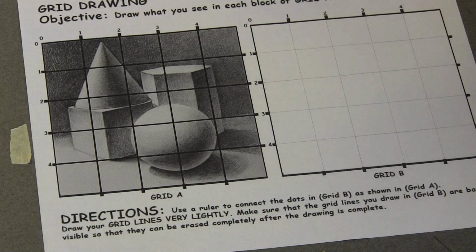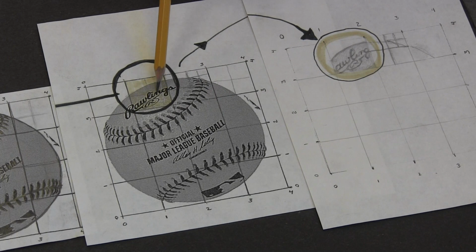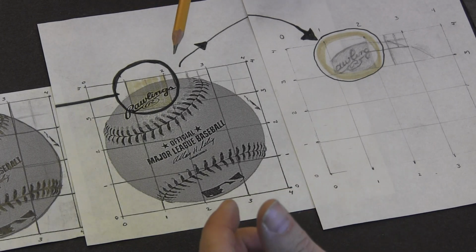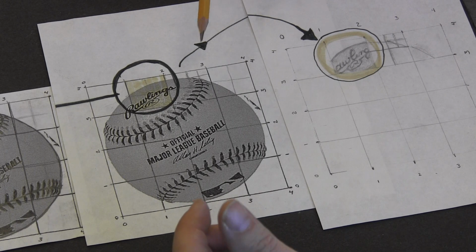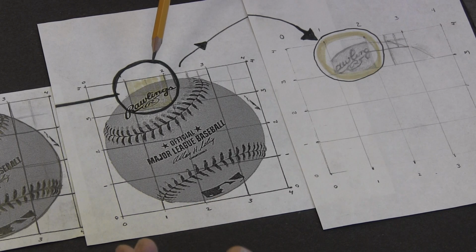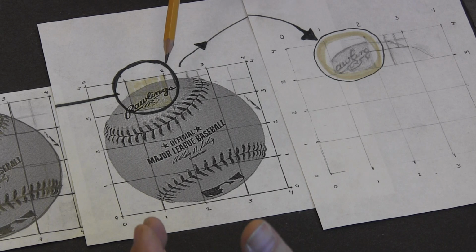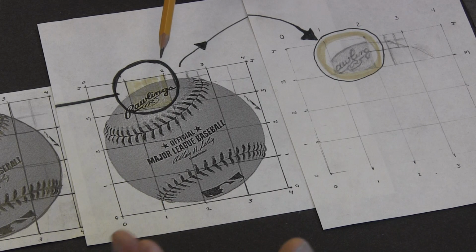pretty simple. If you take a look at this illustration of a baseball, and what you see here is a part of the illustration, and when we break down complex images into basic, simple shapes, it's easier for us to understand what it is that we're drawing, and we're able to draw with accuracy. When we look at the negative spaces as shapes, we're able to see those empty spaces as shapes, and it helps us to better understand the positive shapes and spaces that everyone is going to look at when you